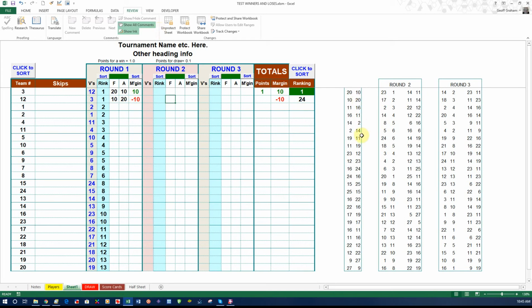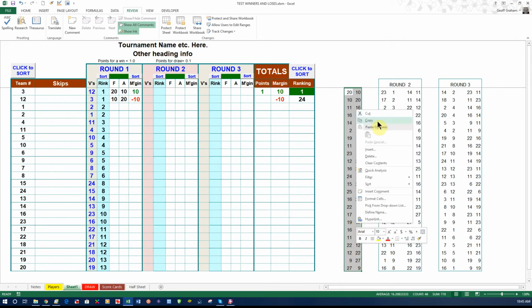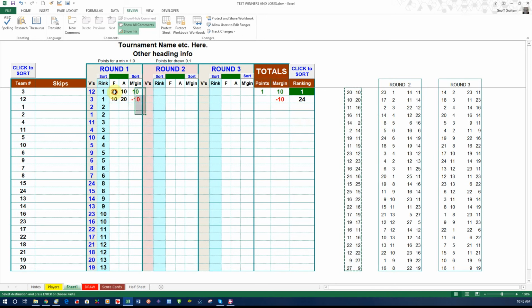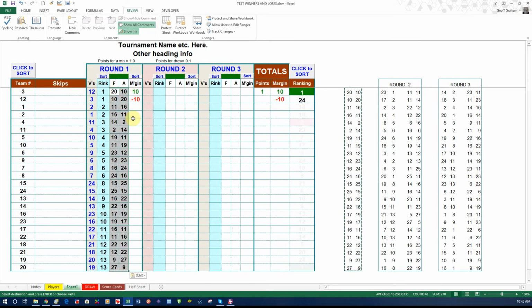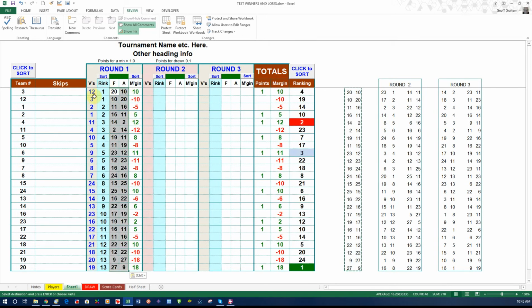To be able to copy these scores from over here to here, we have to click on Review, Unprotect Sheet, because every time you click on one of these sort buttons, the sheet gets automatically protected again. So we go Review, Unprotect Sheet. We come over, well, you obviously aren't going to have to do this. This is just to save us time. You don't want to sit there and watch me putting all those scores in. So there we go. Okay, now after the first round,